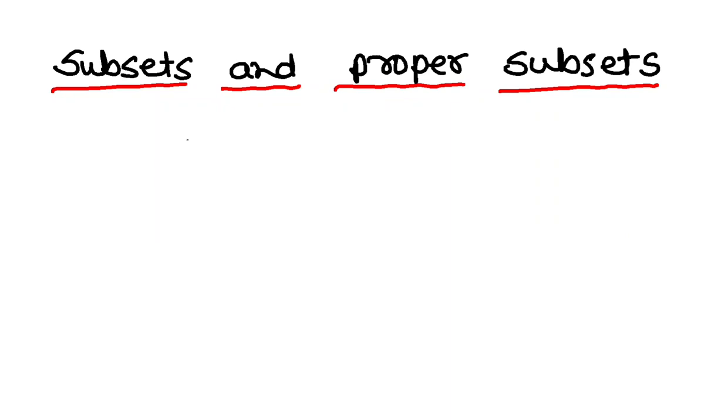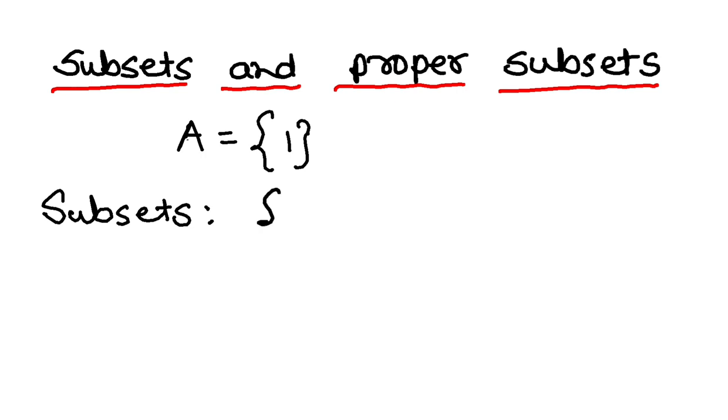Right, so in this video we are going to learn how to write subsets and proper subsets whenever you are given a set. We'll start with a very simple one first. So let's take a set having only one element. Suppose A is a set having element 1. Okay, there is only one element. So what are the subsets of this set A?